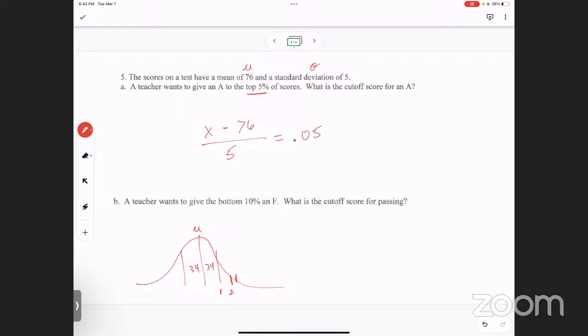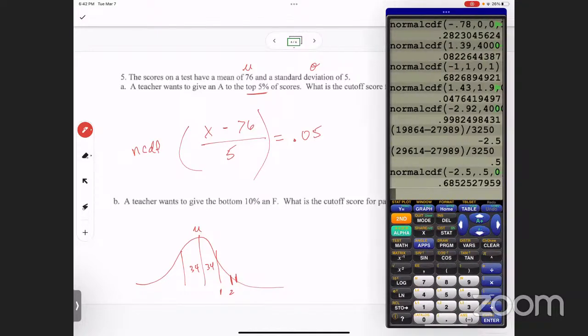Okay, I'll ask him about that tomorrow. But you need to have this normalcdf function in order to do it. So what you can do is just guess and check it. There might be another way to do it, but let's try